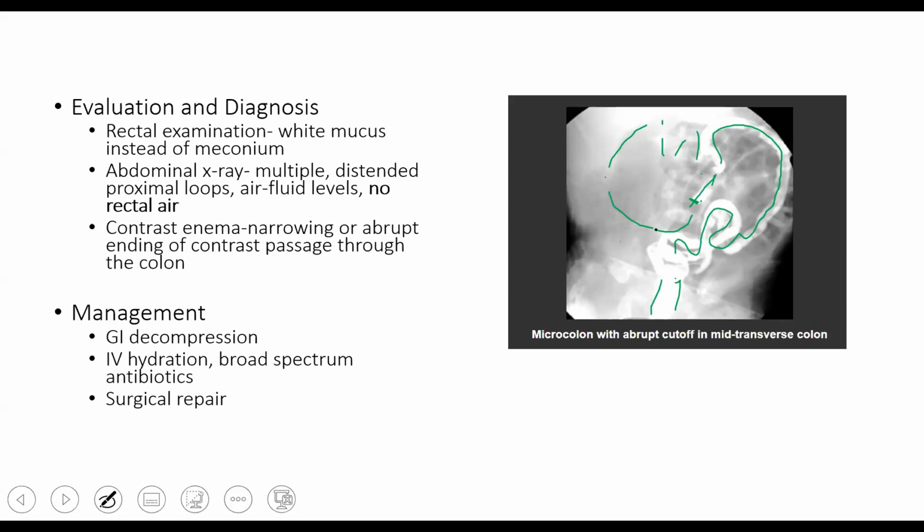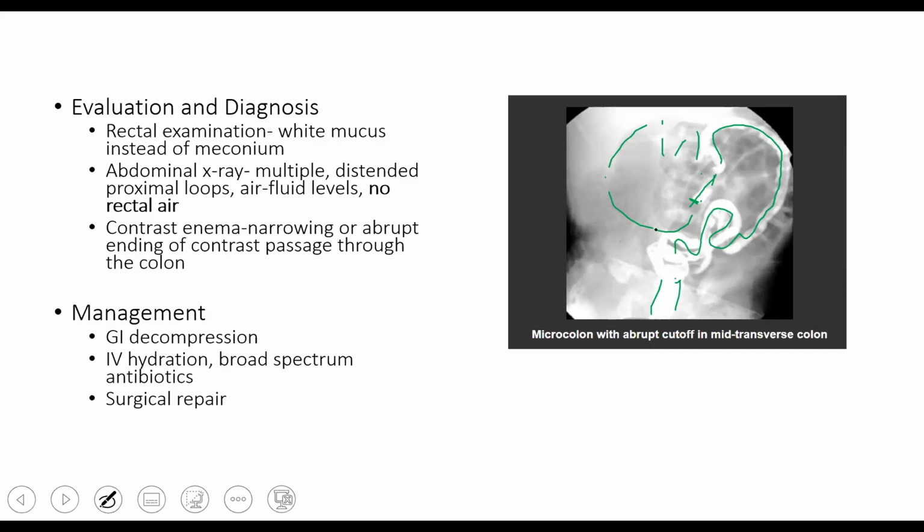Okay, so again, on the KUB, usually non-specific. If completely obstructed with ileus like this, colonic atresia, you might see multiple fluid levels, and you will see there is no air in the rectum. Because what? The baby had atresia, which means it happened a long way back during the pregnancy, early in development. So there's no way for the bowel gas to go all the way down to the rectum. When you give contrast,